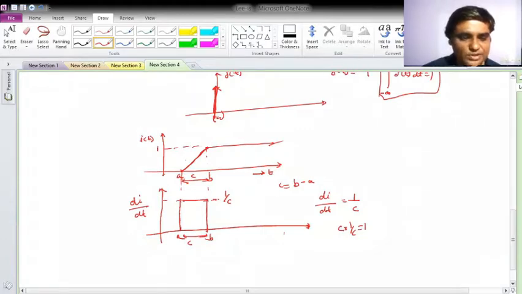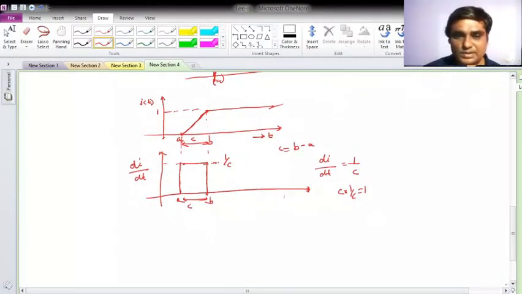Okay, unit step function. And at the same time, the pulse approaches infinite height and 0 width. Okay, so what will happen? Infinite height when the width is 0. And what is that? The thing is that the area under the curve of this function remains constant for any value of c. For example, let us say this.